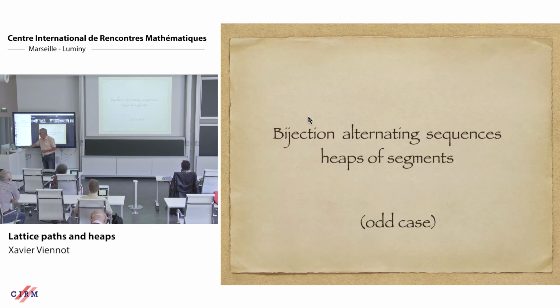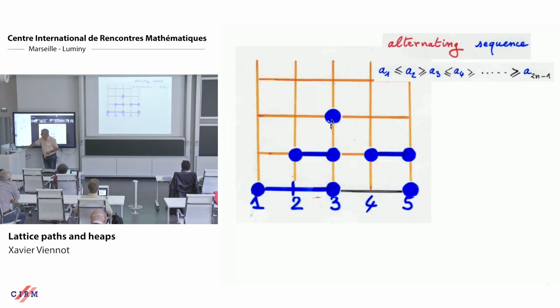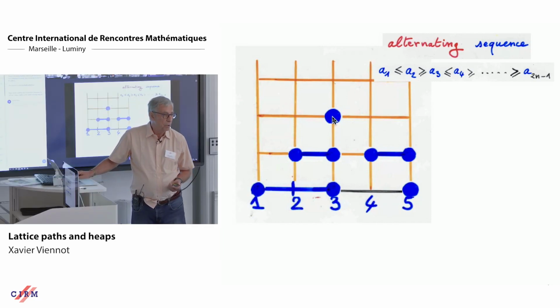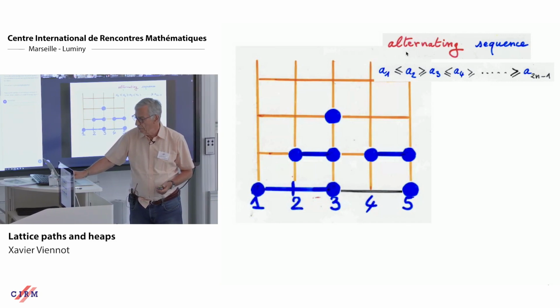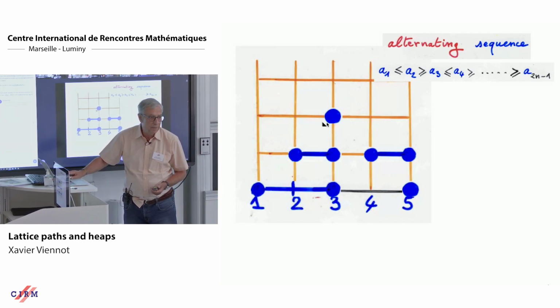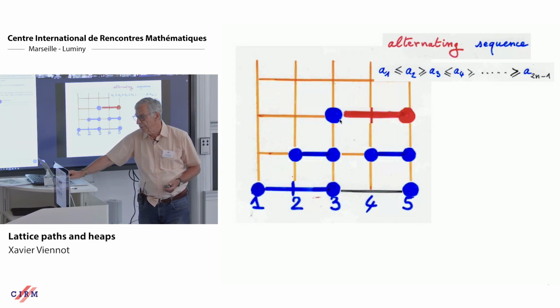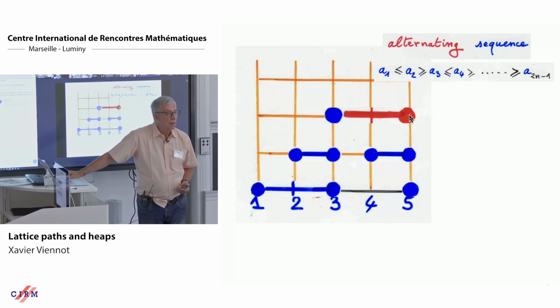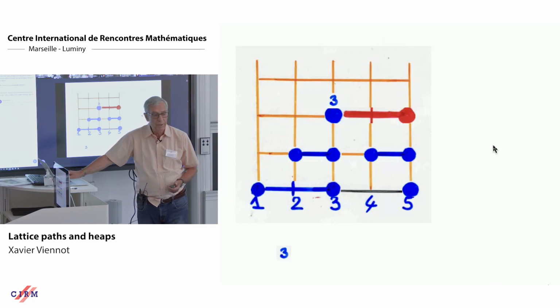So in the odd case, of course, I will go faster. In the odd case, it's a little more complicated to take the path and the alternating sequence, because the bijection in the odd case has a certain unique point here. It's the point A1, and then there is no maximal piece on the left, which is equivalent to saying that in fact you have a heap of segments. You make an artificial segment here, and this will be the unique maximal piece of the heap of segments. There is nobody on the left, and then you take the same process, but now